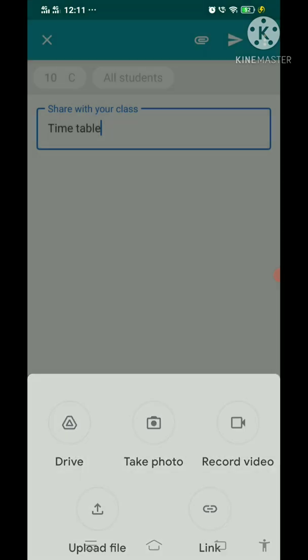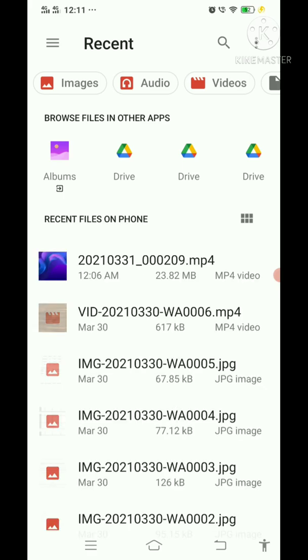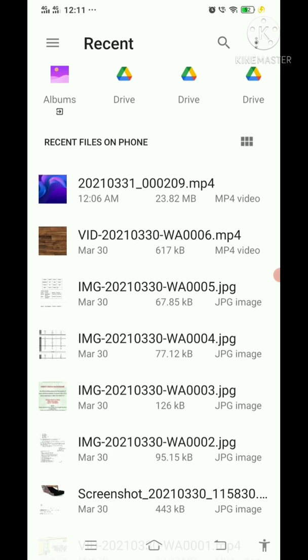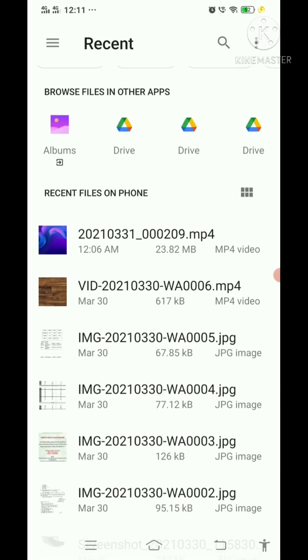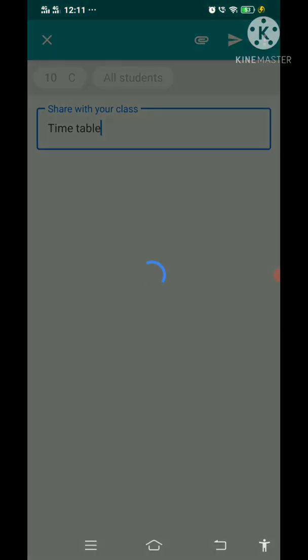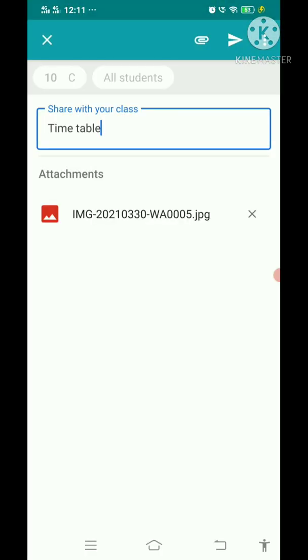For example, I'll show how to attach an uploaded file. Here I am selecting a file as an image. See, it would take a few seconds to get attached, and finally that could be shared with the group members.